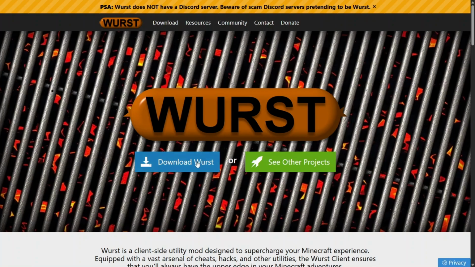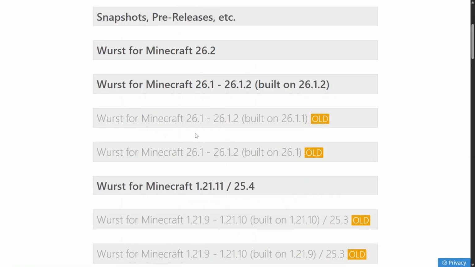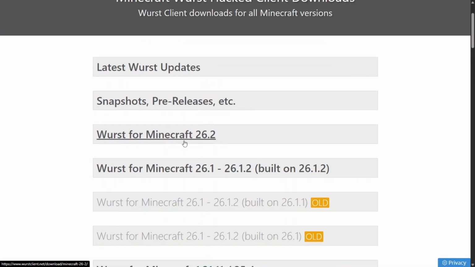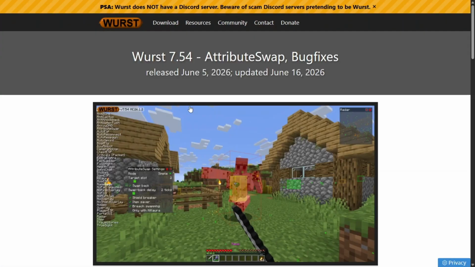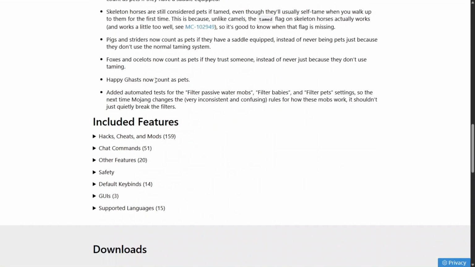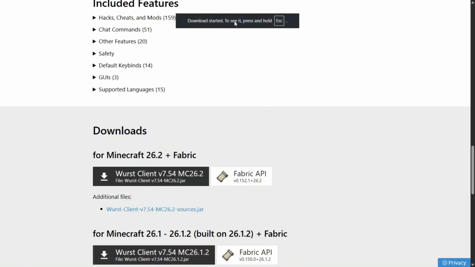Anyways, with that being said, here we can click on the blue download Wurst button, where you can select, well, any version, but for the sake of this video, we're going to be going for 26.2. Here you will find all of the versions, but currently there's only one release for 26.2, so we'll choose that, scroll down to the downloads area, and then click on this gray download button to download Wurst Client, and